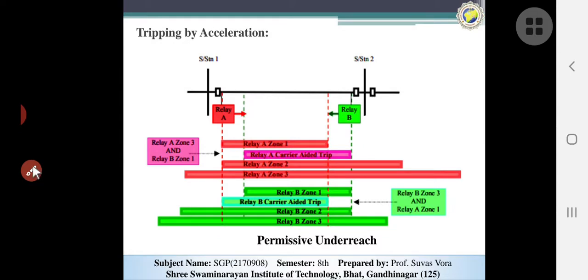Now the tripping by the acceleration। so tripping by the acceleration स्टार्ट करने से पहले हम वो देख लेते हैं। so the scheme in which the incoming signal extended up to the measuring range यानी कि जो measuring range है वो कंसिडर करेगा of the first zone of the distance relay at the receiving end, it is known as the carrier acceleration scheme। यानी कि the scheme will be incoming signal extended up to the measuring zone 1। अगर जो zone 1 में है वो कंसिडर करते हैं तो वो एक्सेलरेशंस में कंसिडर होगा। द बेसिक ऑफ द डिफरेंस बिटवीन द अंडररीच ट्रांसफर एंड द करियर एक्सेलरेशन स्कीम इज अनलाइक द फॉर्मर एंड द लेटर एक्सेप्ट अ सर्टन